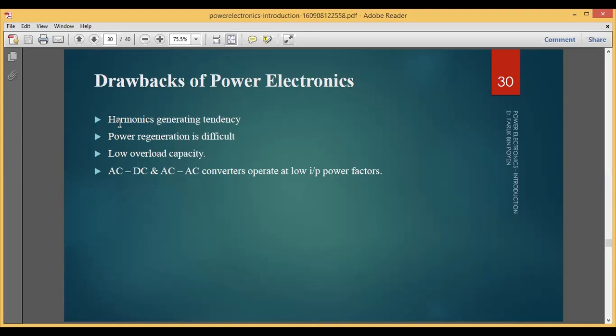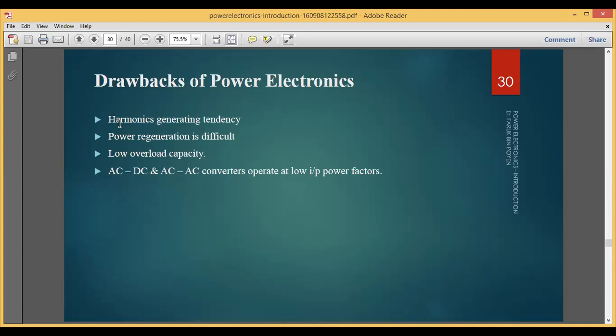Or another example I can quote here: if you go and stand beside the transformer near a home, you may have seen the TC, the basic name we call it, right? Just go and stand beside that particular area. You may hear some kind of noisy sound near that area. And why is it? It is because of the harmonics. Because there is a high tension line, a high voltage line coming to that particular green color transformer, and it will try to generate some kind of harmonics or distortion, or simply you can call it a noise.